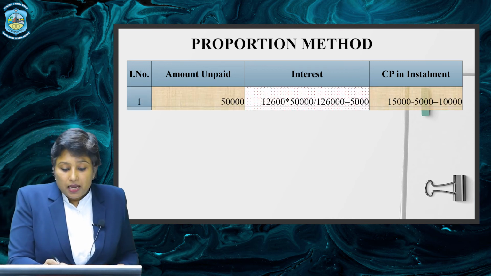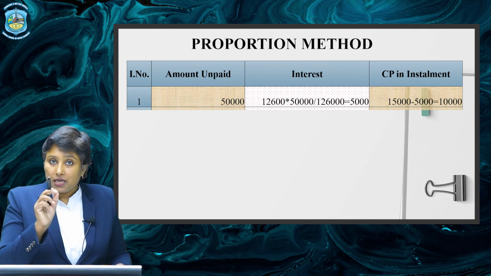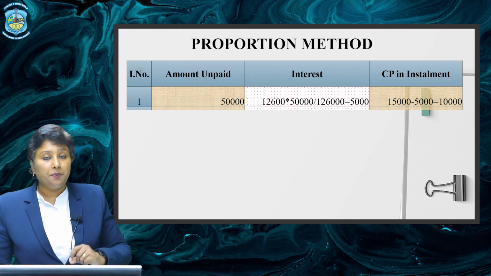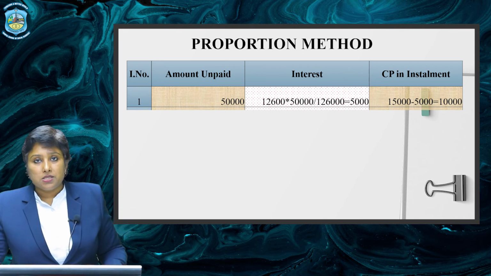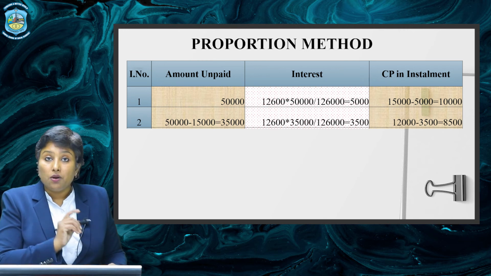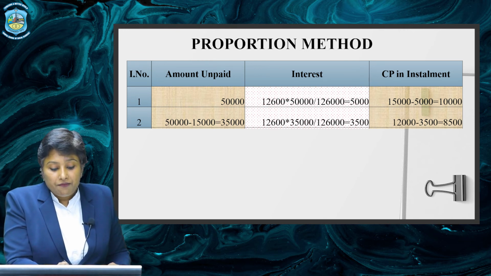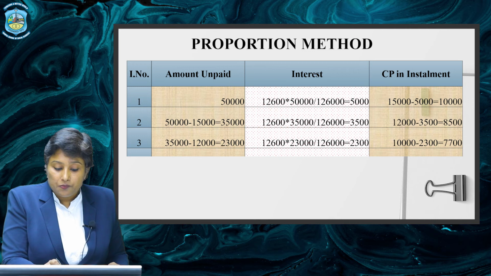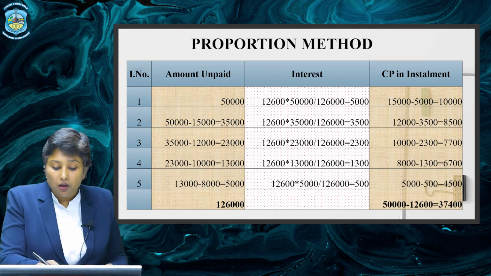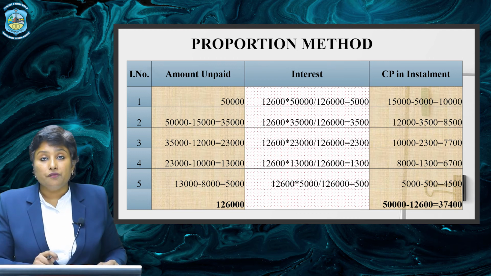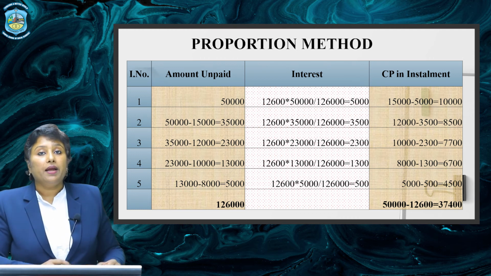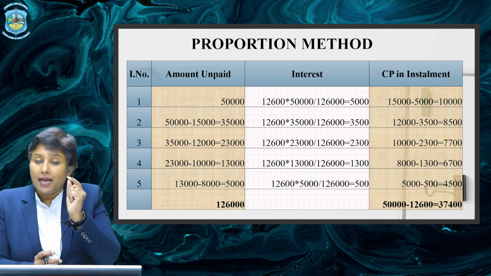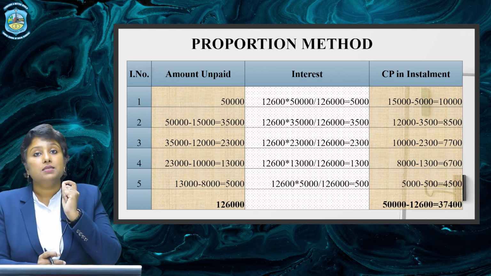So let us start. The unpaid amount of hire purchase price is 50,000, which was already given to us in the question. The very first installment was of 15,000. Deduct this amount from the initial hire purchase price to get the next outstanding amount, that is 35,000, on which interest is to be applied. Then from 35,000, the previous balance, deduct the next installment, that is 12,000, to get 23,000, and likewise you get all the outstanding amounts. Find the aggregate of these outstanding amounts so that we can divide the entire amount of interest in this particular proportion, isn't it?